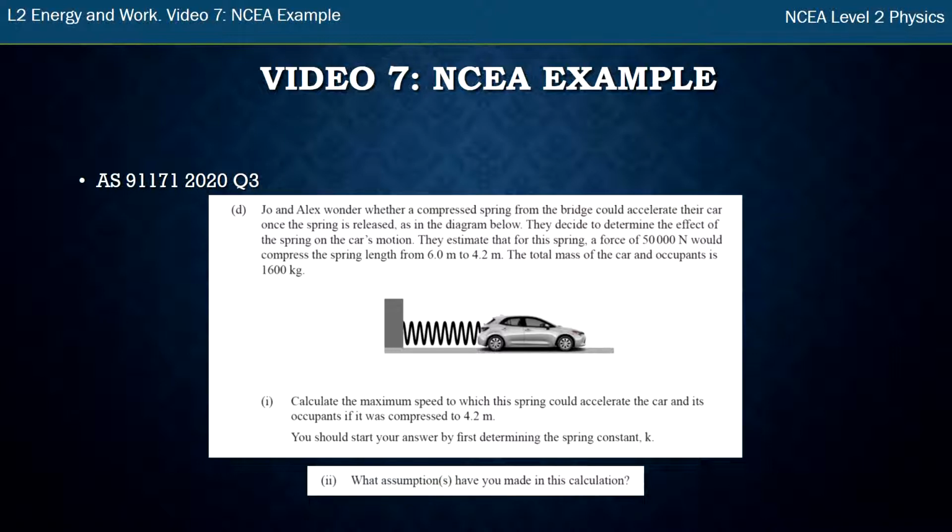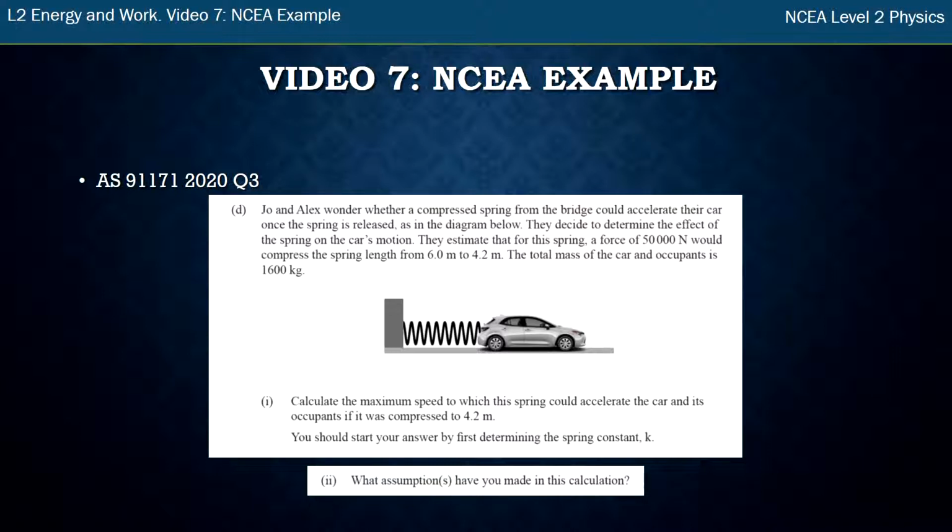3D. Joe and Alex wonder whether a compressed spring from a bridge would accelerate their car once the spring is released, as in the diagram below. They decide to determine the effect of the spring on the car's motion, and they estimate for the spring a force of 50,000 newtons would compress the spring from 6 to 4.2 meters. The total mass of the car and its occupants is 1,600 kilograms. Calculate the maximum speed to which the spring could accelerate this car and its occupants if it was compressed to 4.2 meters. You should start your answer by first determining the spring constant k, and what assumptions have you